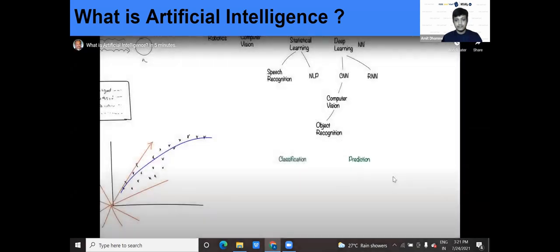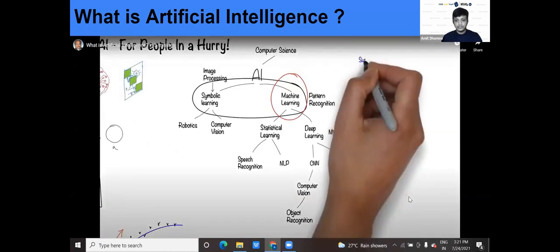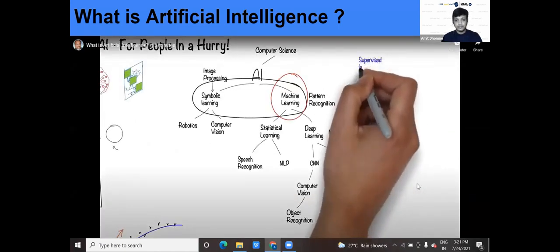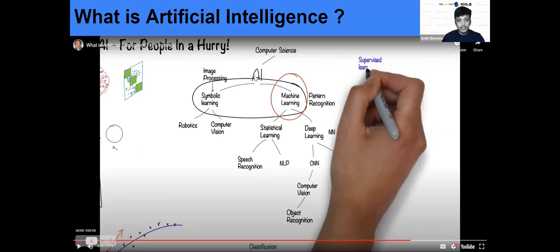There's another way to think about learning algorithms used for AI. You can see inside computer science subjects, as we said, computer science means the science behind how the computer is working. So in order to make the computer intelligent, we use artificial intelligence: how the computer is responding, how the computer is intelligently doing your calculation. That is based on artificial intelligence and machine learning. You can see I circled it here. That is a part of AI.